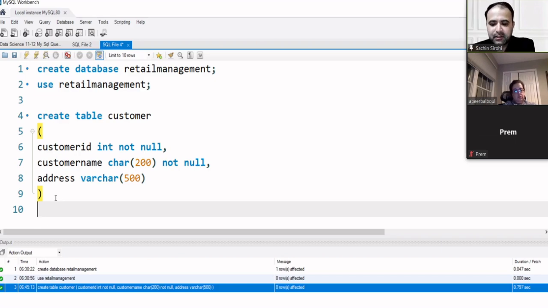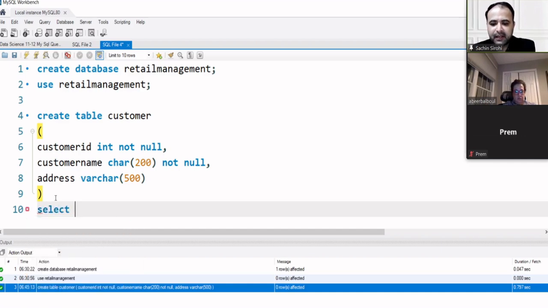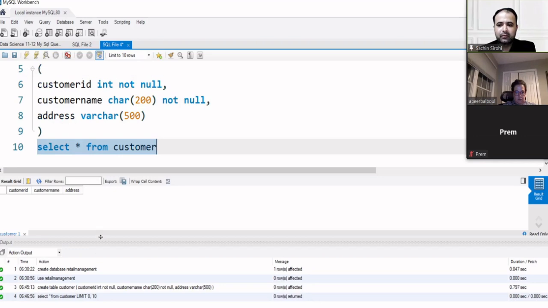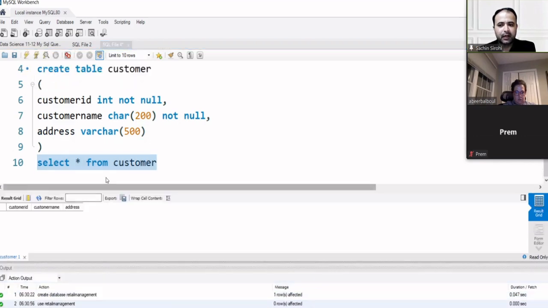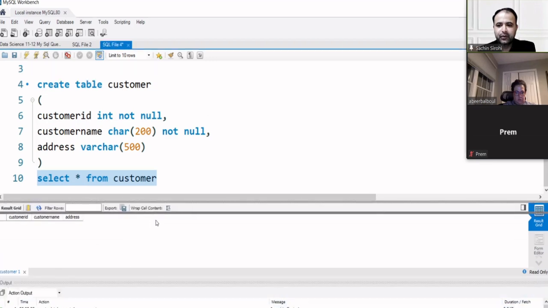So how can we do this? Firstly, we have to write a query, select star, all columns, from customer. So customer is a table. You can execute it. Now, I want to start the theory part now. So it is a first example. You can see